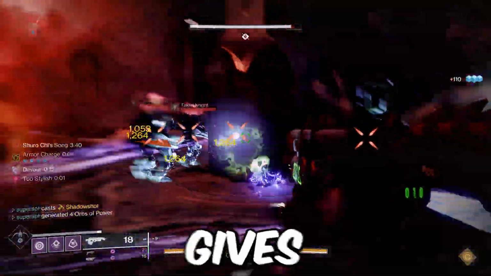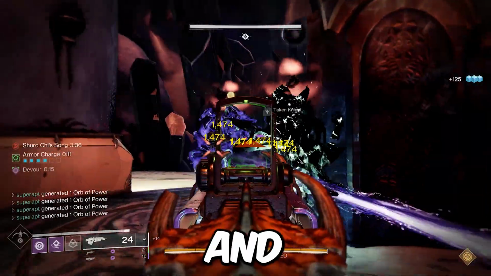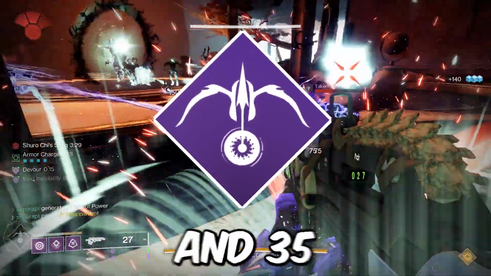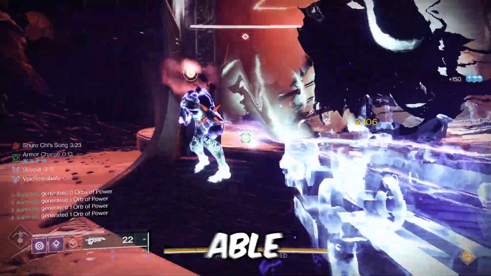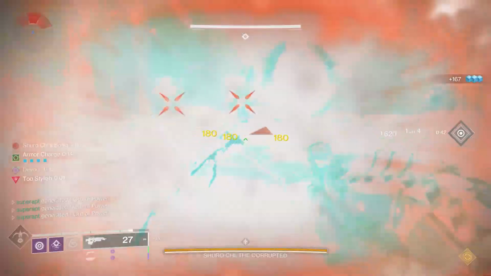I cannot believe this build gives you your super in under 10 seconds on your Void Hunter. The super that we're talking about is called Shadow Shot Deadfall, because the base cooldown is 7 minutes and 35 seconds. This is the least base cooldown that we have for the Void Hunter. So you're going to be able to spam your super in under 10 seconds, but in order for you to